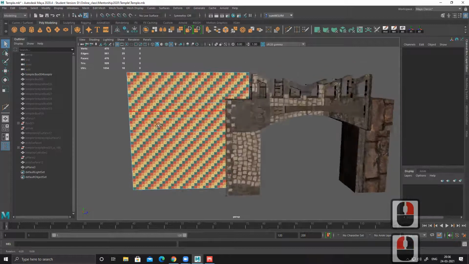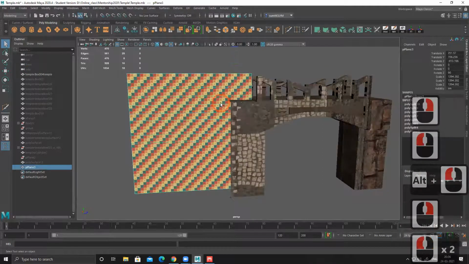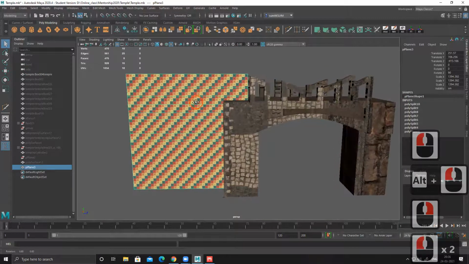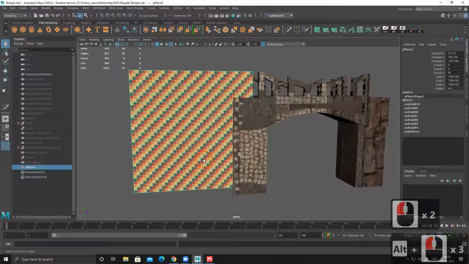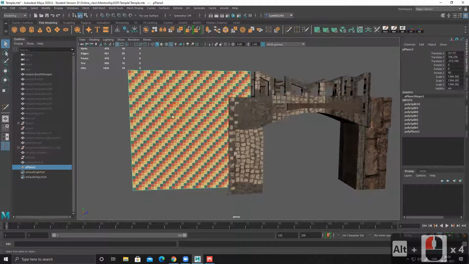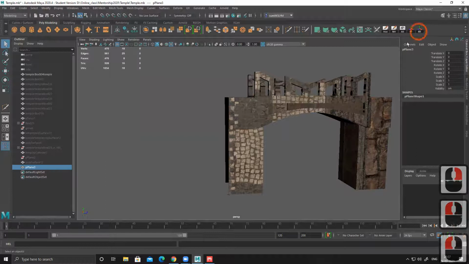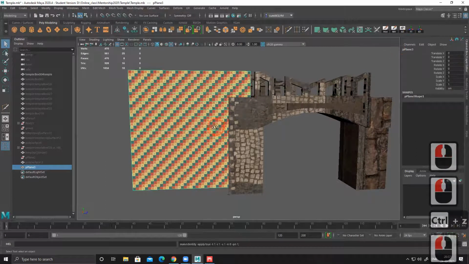So I planned this thing, and now I need to create our ID map for this. I can do this very easily with the help of either Photoshop or Substance. I can export this mesh into Substance, and by selecting per polygons, I can assign one solid color, right? If it's not clear, I'll show it. Don't worry.